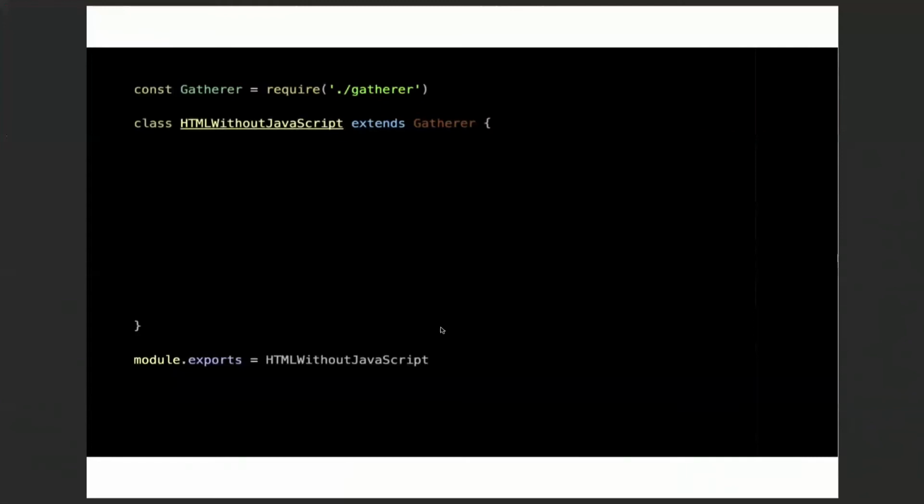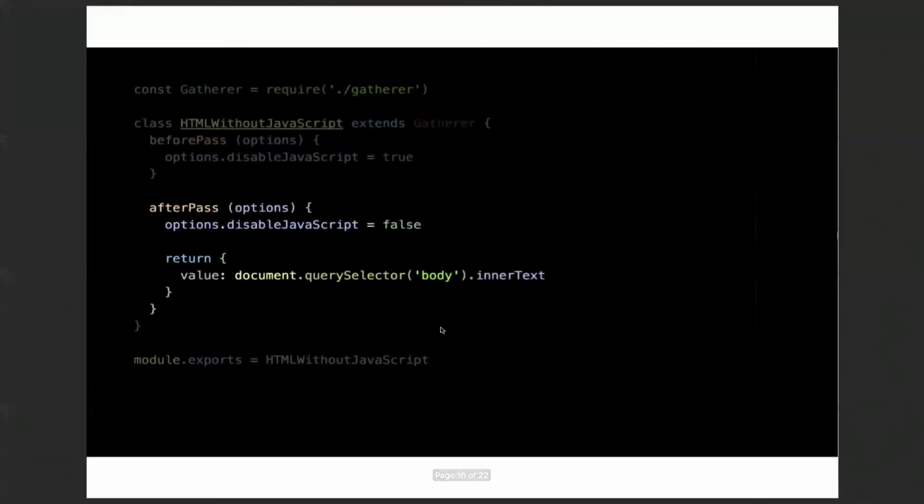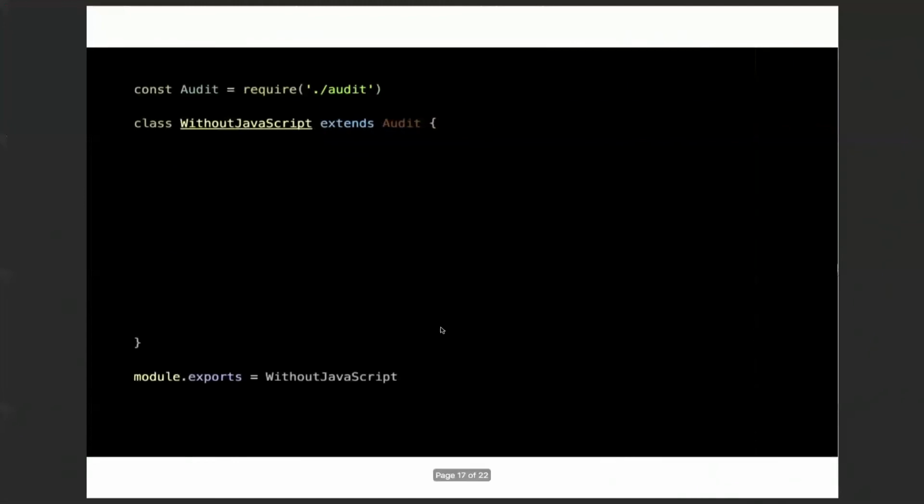Here is a gatherer that is getting the HTML from a page that is loaded without JavaScript. This gatherer has two methods, before and after. Before loading the page, we will disable JavaScript. And after, we will just query the full body of the page. So very simple.